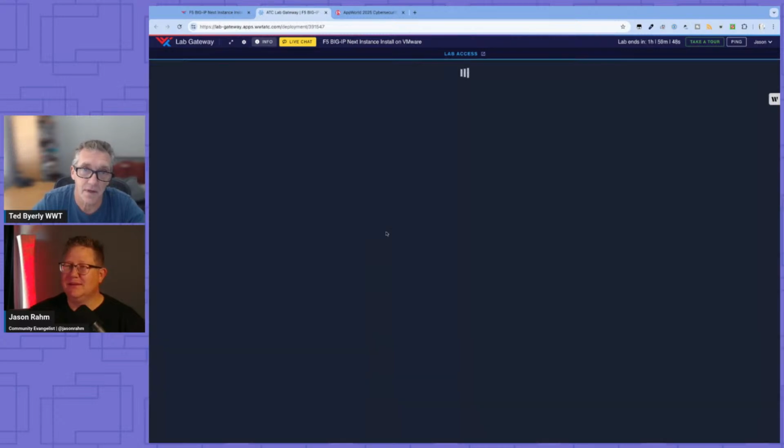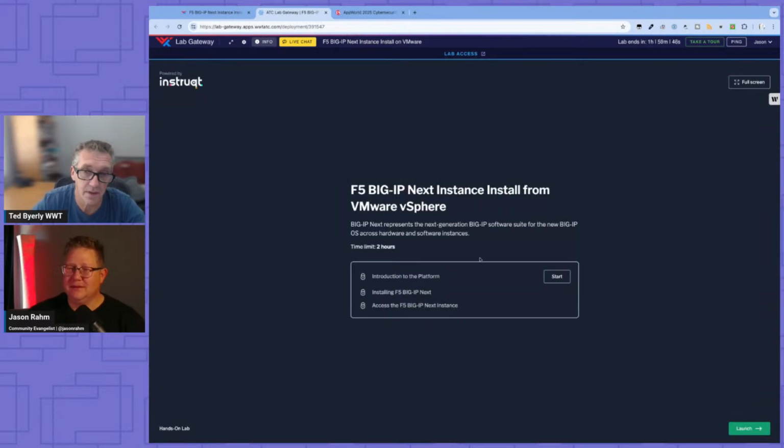So it launches right away, right? We're spinning up the VMware, and just so you know here, we do have some hooks running, so everyone's aware that Central Manager is already going to be up and running, right? So the first one, we installed Central Manager, and we walked through that before. Now all these labs, Central Manager is already going to be running, so you don't really have to do anything. And we have Next installed.